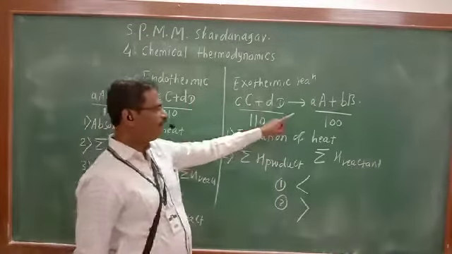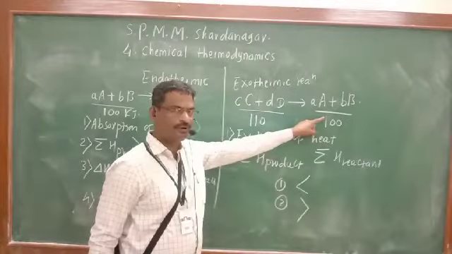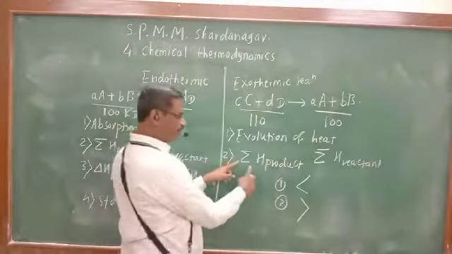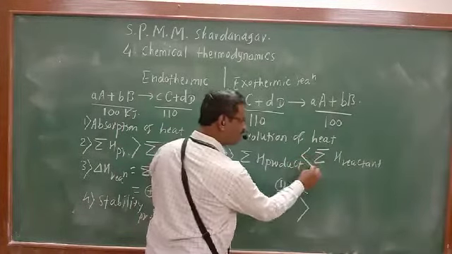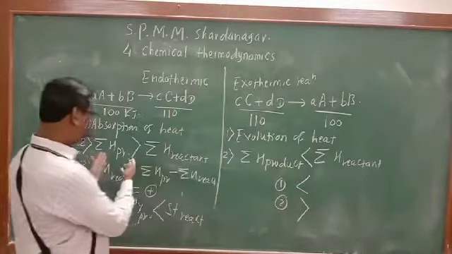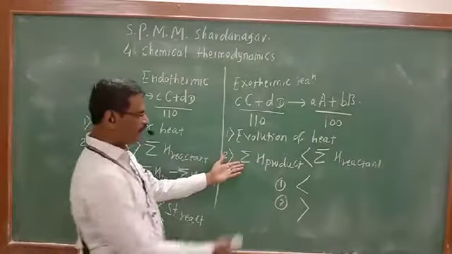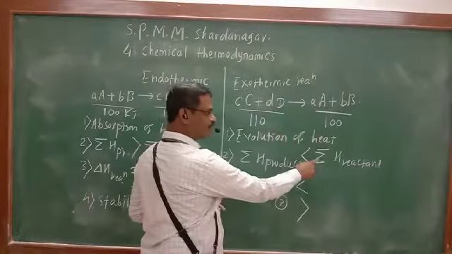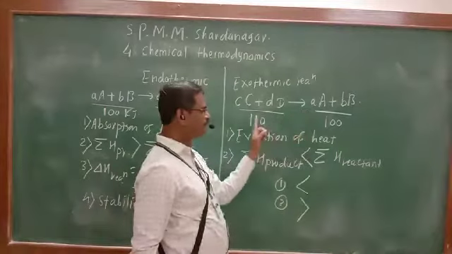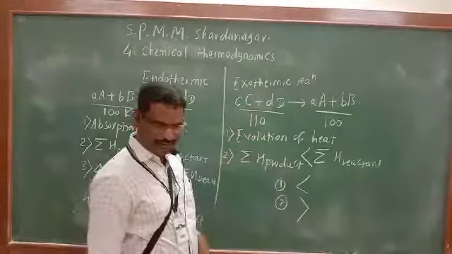Here reactant is more. Product is less. So enthalpy of product is less, 100, as compared with the enthalpy of reactant. It is the opposite case. In the endothermic case, enthalpy of product is greater than enthalpy of reactant. Here enthalpy of product is less as compared with the enthalpy of reactant. This first sign is correct. This is 100, this is 110. Product is less as compared with the reactant. And